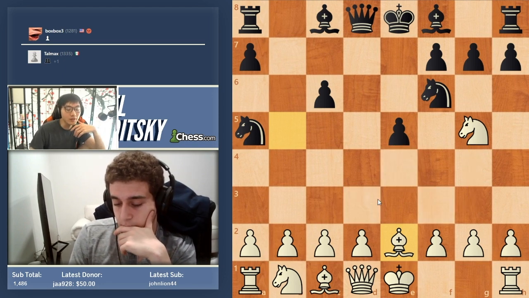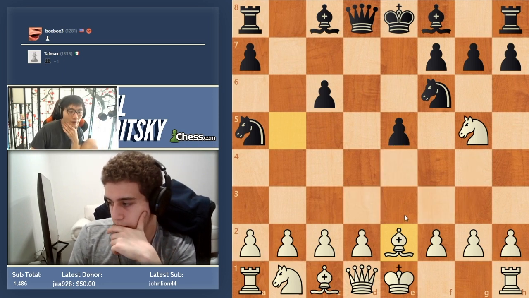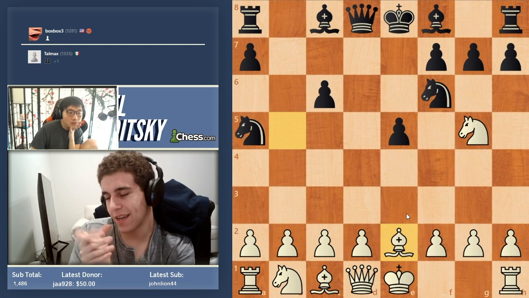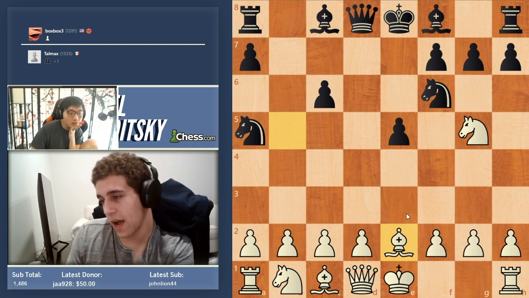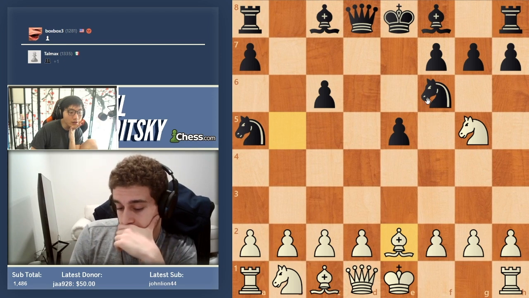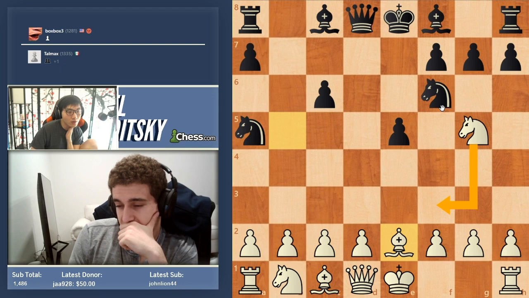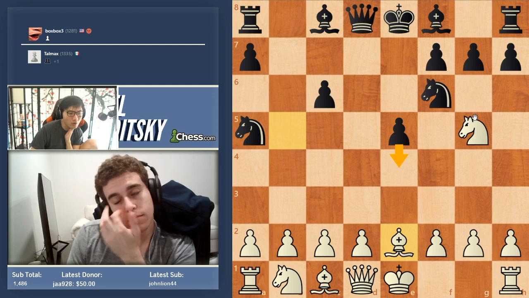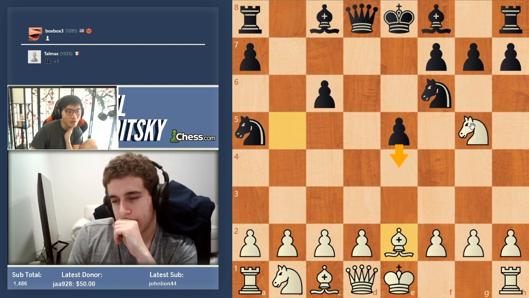Oh, I see. So, the thing I should note right off the bat is, I have a sick discovered attack on your knight. Yeah, exactly. Potentially. I mean, that's something to factor in. Maybe you can just chase the knight away. That's also something to consider. Yeah, and your knight only has one good square, so I want to somehow cut this square off. I like that thinking. But the only way I can cut this square off is through moving the pawn up now. Right. But,